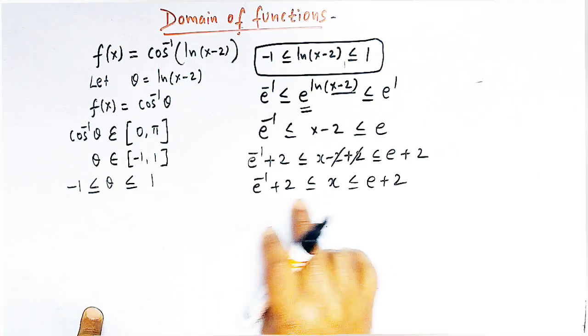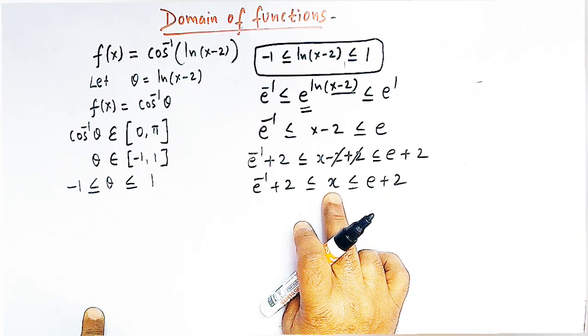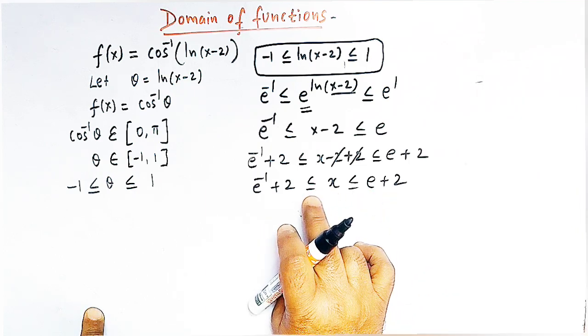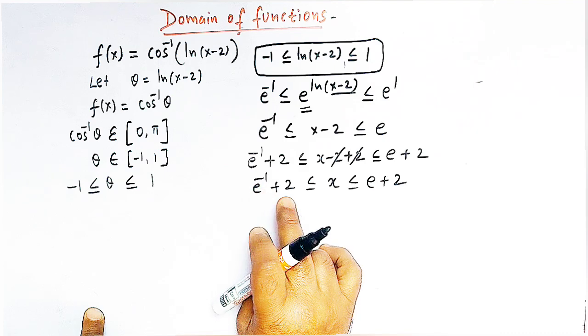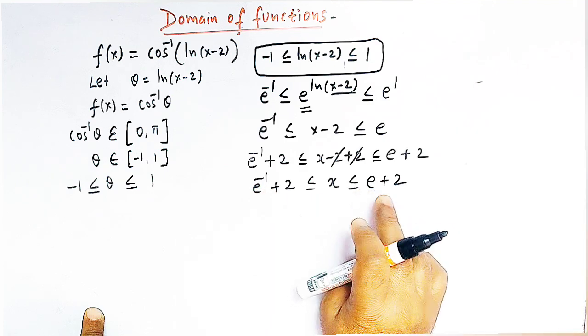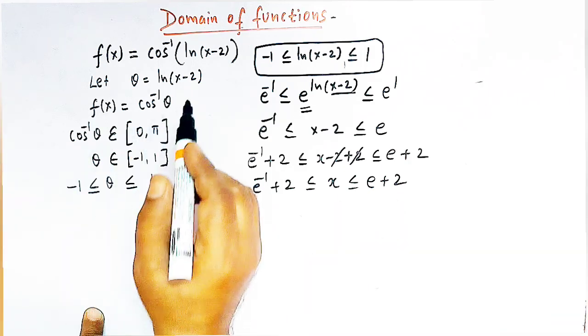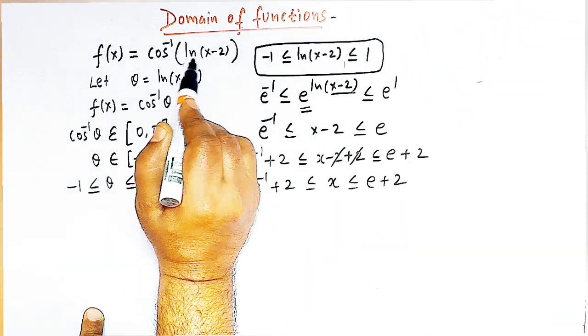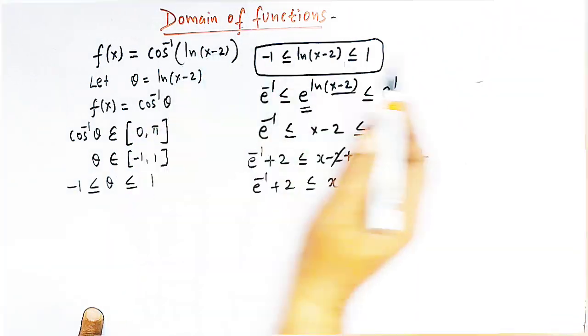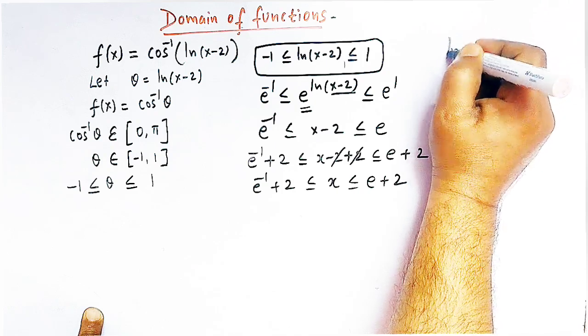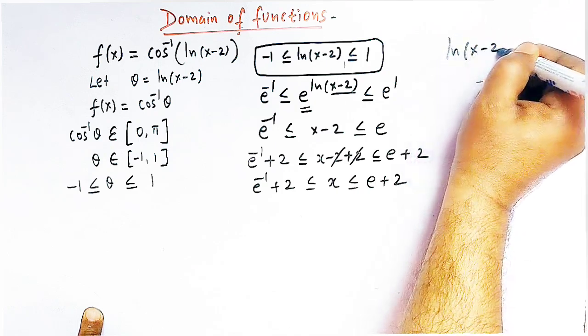So now this inequality suggests that x is greater than or equal to e raised to minus 1 plus 2, but less than or equal to e plus 2, right? So now let us see this log term here. Here we have a log of x minus 2,